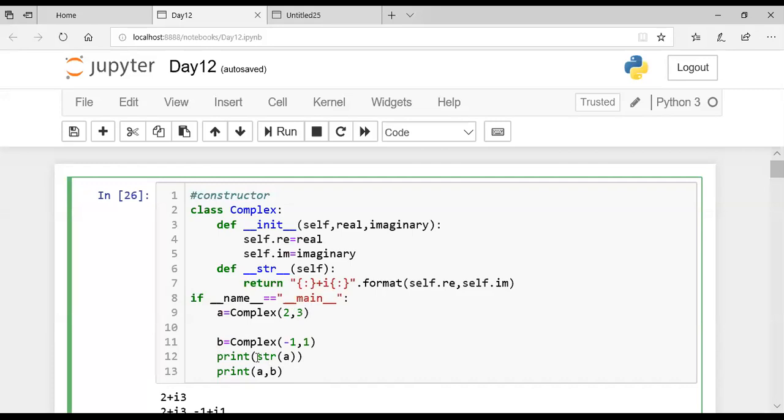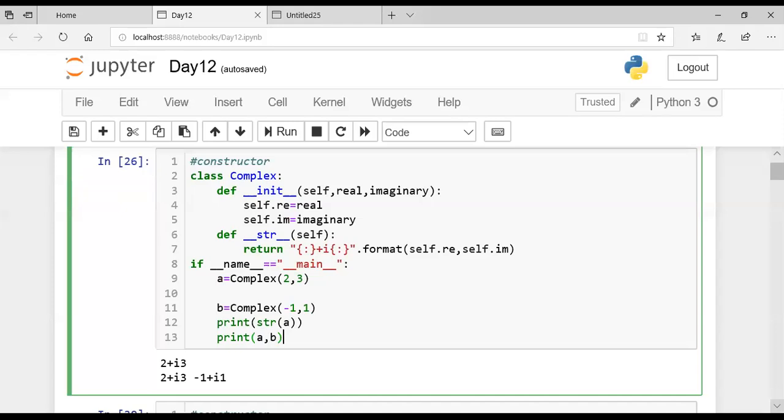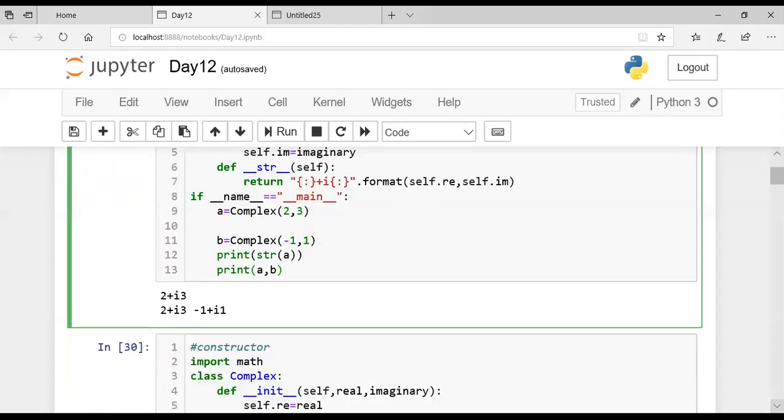And if you don't know str, or if you don't want to use it, you can directly call this function with the help of simply print. So this dunder function will give you the facility to directly print the object with str. So when you write A plus B, it will directly print the two complex numbers. Is it clear, everyone, till now?